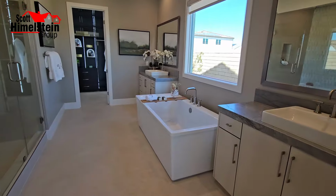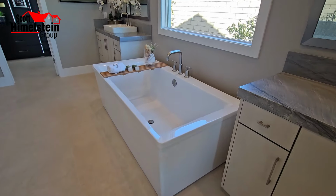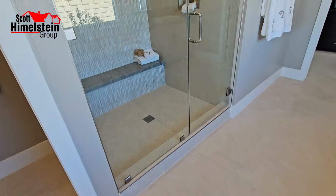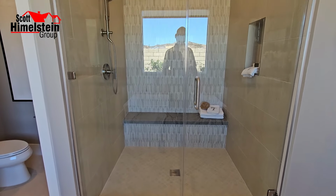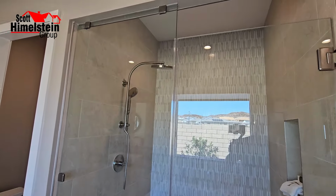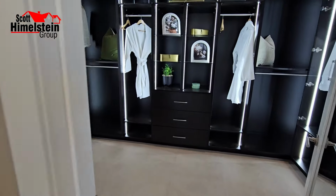So as we see so many times with Toll Brothers, you're going to have your separate dual vanity sinks. You have your soaking tub right here, and you have your upgraded tile along the floor. And then this is your large walk-in shower right here. And you can see the upgraded tile once again. You have the hand sprayer, as well as the overhead shower head right there. And then of course, this leads you right over